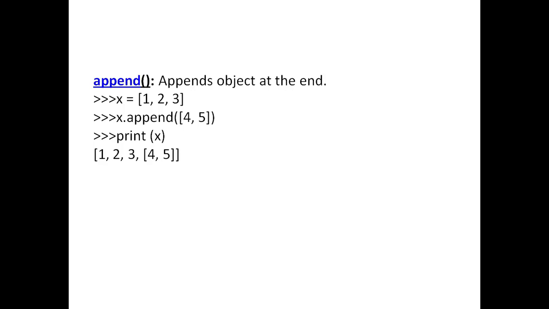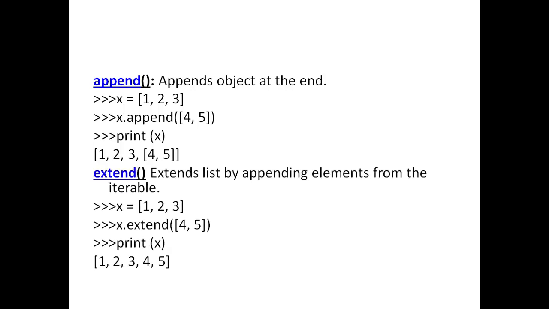Let's have a comparison between the append method and the extend method. So what does the append method do? It will just append the object which is passed as an argument as a single element into the list. But what does the extend method do? It will extend the elements of the passed argument into the list, so it will extend the number of elements. So both are ways of updating the list.